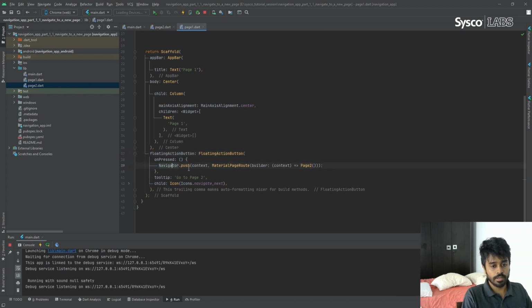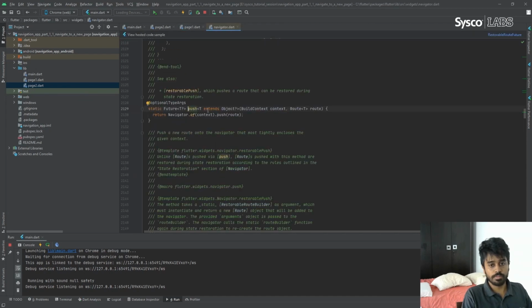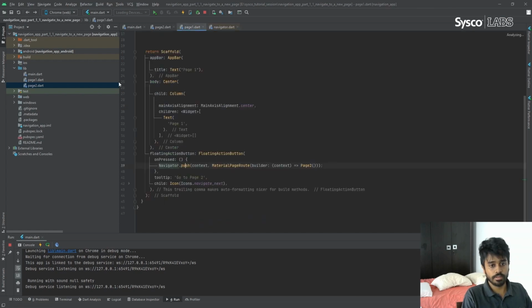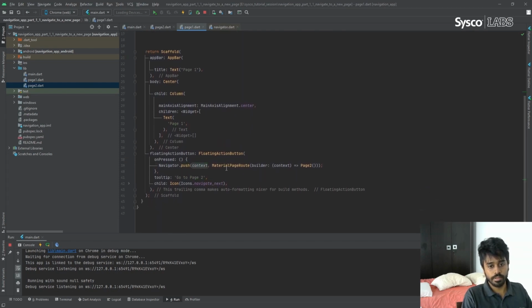So navigator class has a method, push method. In the push method we need to pass a context and a route. So here I have passed the context which is returned from this build method, and then I'm using material page route, which is extended from route class.